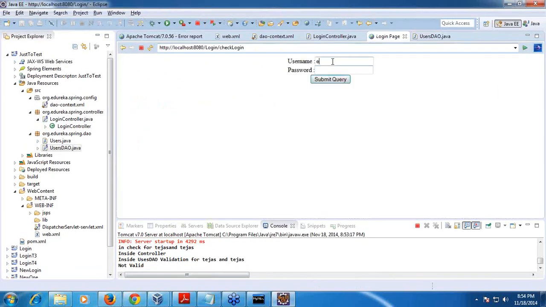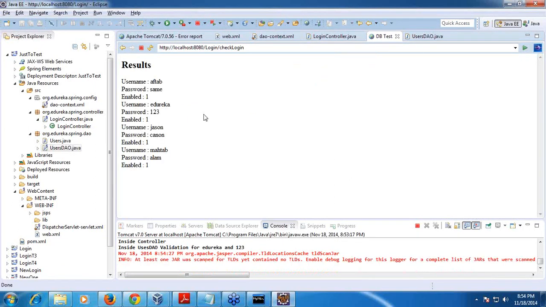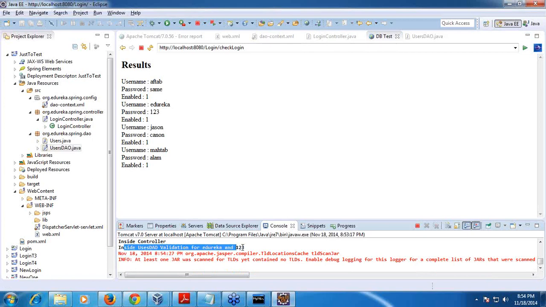Right. So now if I give Edureka, 1, 2, 3, now it should pass. So now it should get the data. Again it is doing validation inside user DAO, everything I have done. So now it is taking the data from there, right?